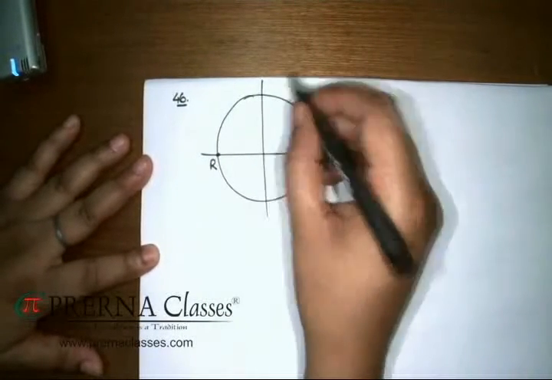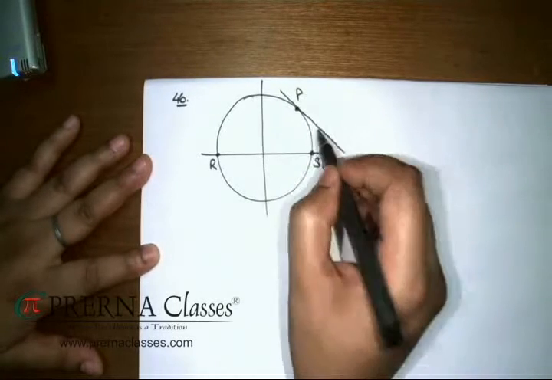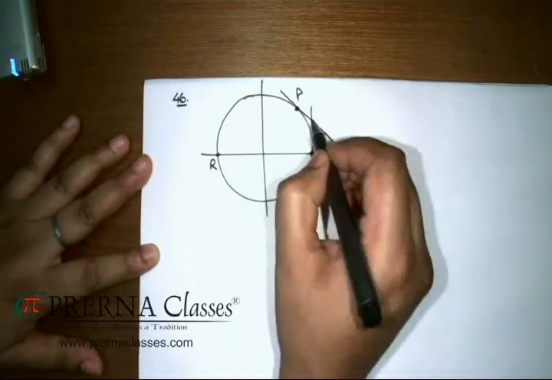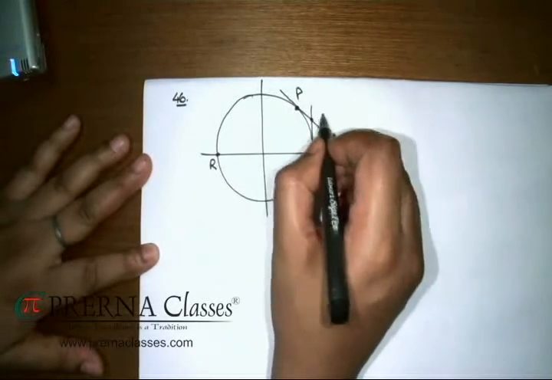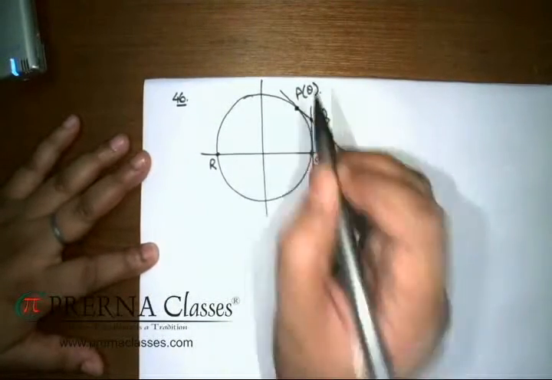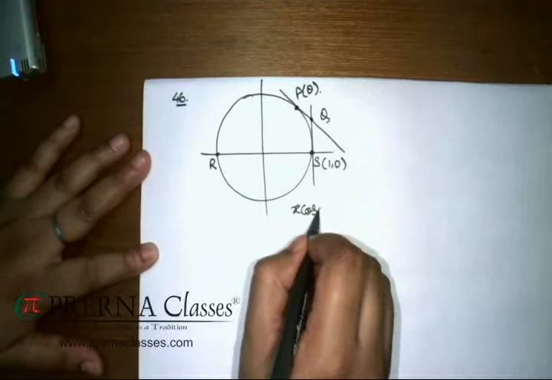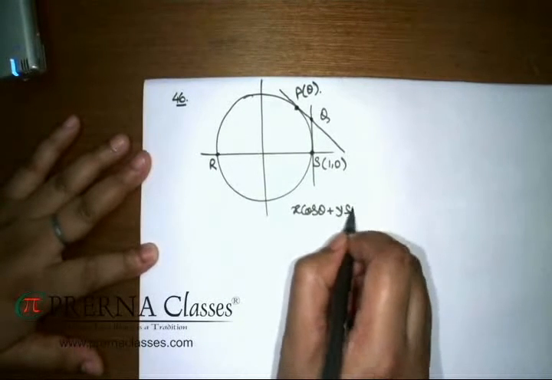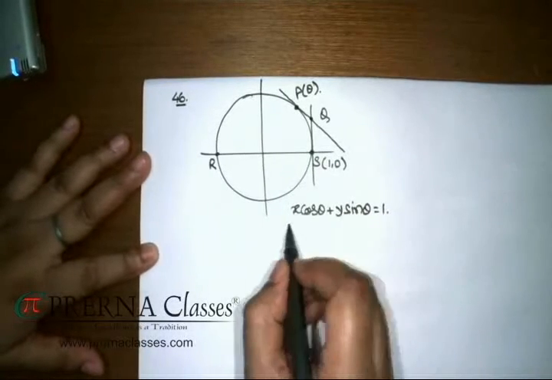The tangent drawn at this point P and this point S intersect in the point Q. If I take this point's eccentric angle as say theta, clearly then the equation of tangent would be this. And since this equation is x equal to 1, I can then say the coordinate of Q